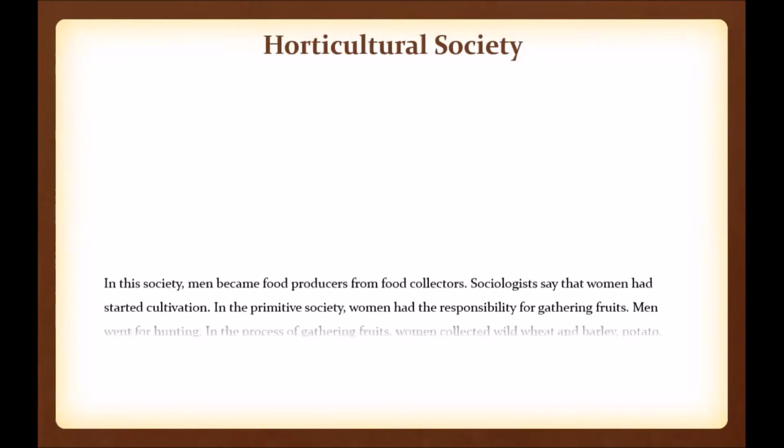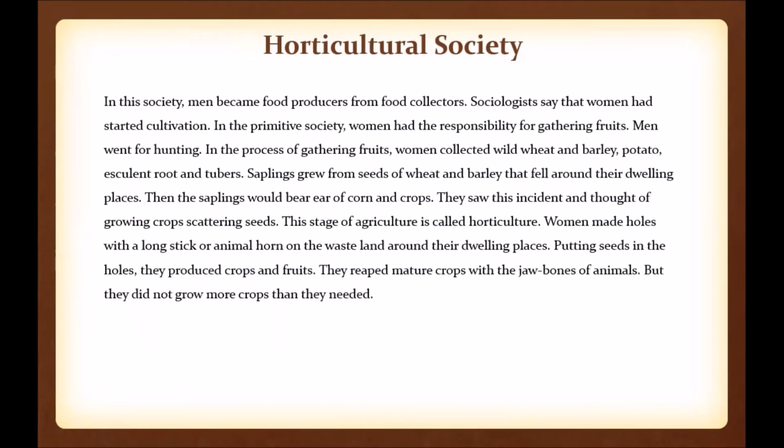Okay? Now let's read more about Horticultural Society. In this society, men became food producers from food collectors. Sociologists say that women had started cultivation. In the primitive society, women had the responsibility for gathering fruits. Men went for hunting. In the process of gathering fruits, women collected wild wheat and barley, potato, succulent root, and